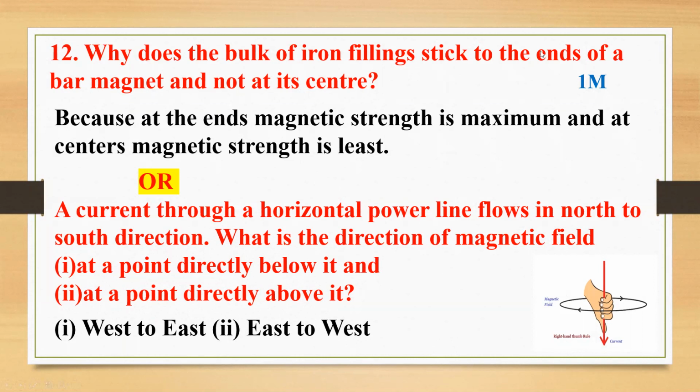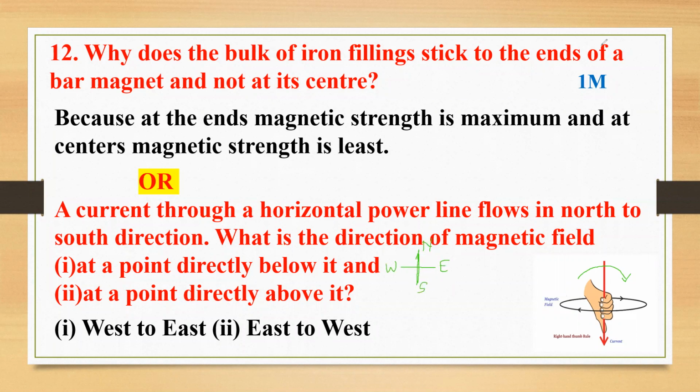Here you see right hand thumb rule is nothing but whenever the current is in a downward direction, magnetic field will be in a clockwise direction, that we know. Here they have given the directions also, how the current is. You remember, you know how to represent the directions. It is the east, west, north and south.